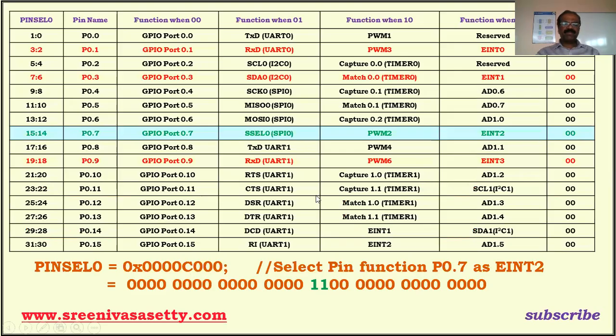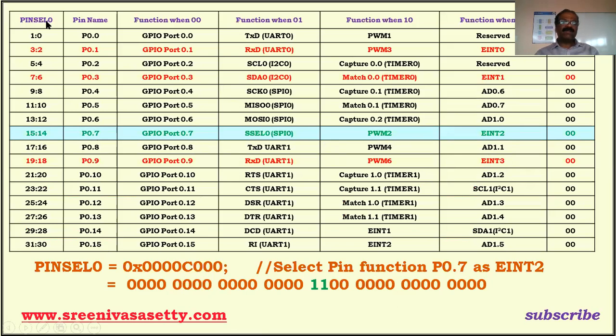Understood this? One more thing: I told you already, we have totally 4 interrupts: external interrupt 0, external interrupt 1, external interrupt 2, external interrupt 3. In my example, I'm going to use external interrupt 2. Here I'm going to use P0.7, port 0 bit number 7, as external interrupt 2.